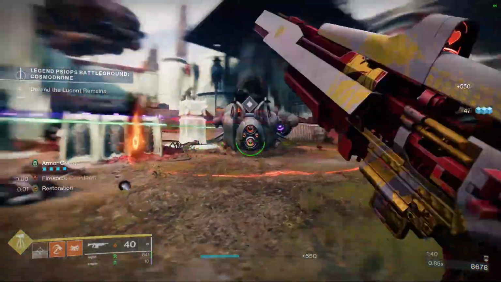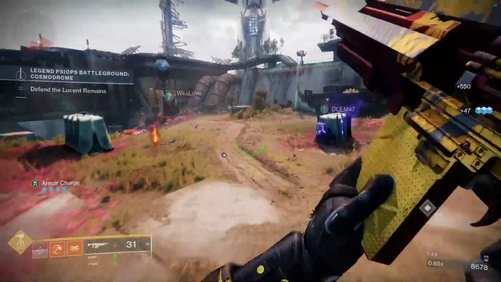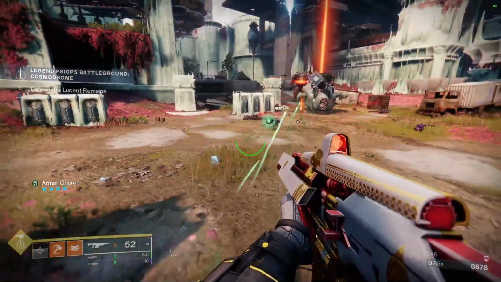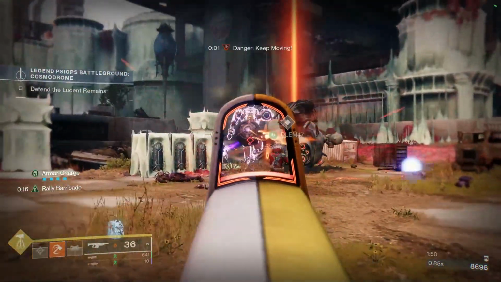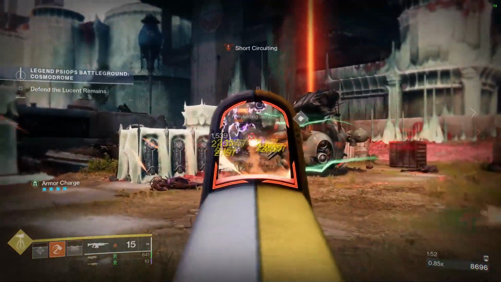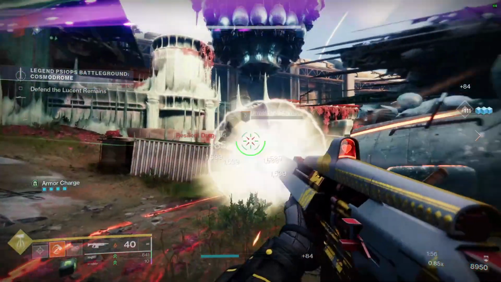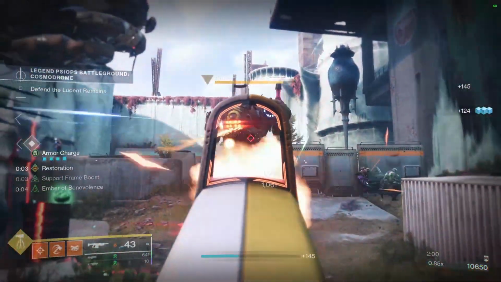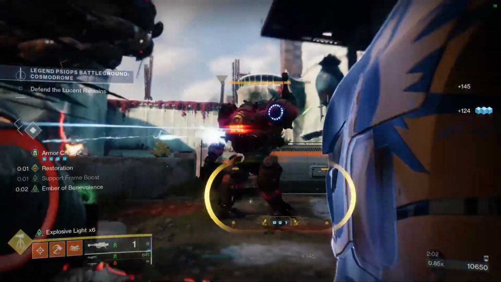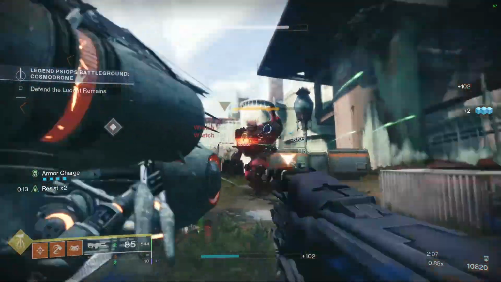But obviously, when it comes to why this exotic is not very good, it's just a weak support exotic. You know, we don't get barricades up that often. Like if you're running solar, you have Ember of, what is it, Ash? I can't remember which one it is, but the one that gives you more class ability energy when you scorch targets. You could build into that. You can build into class abilities,